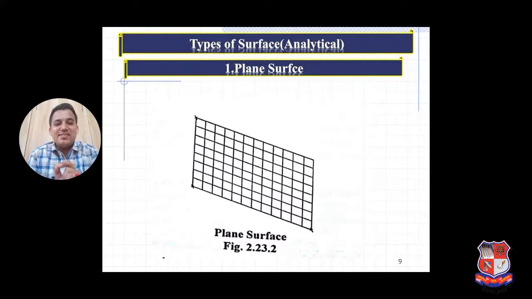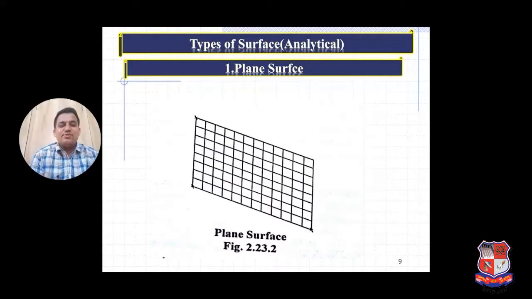If you want to pass in CAD, you have to practice the different drawings and different representation techniques. First we learn the plane surface.